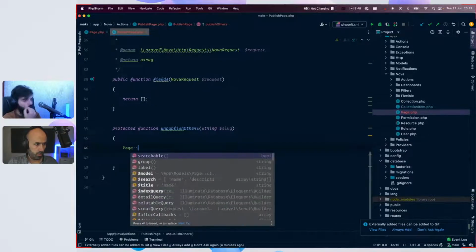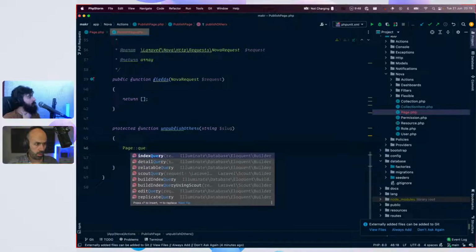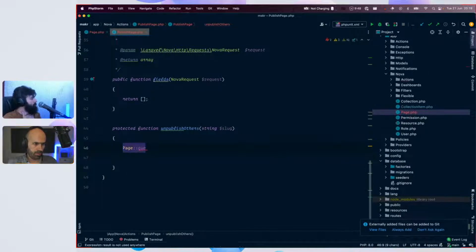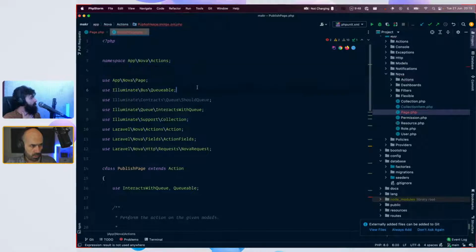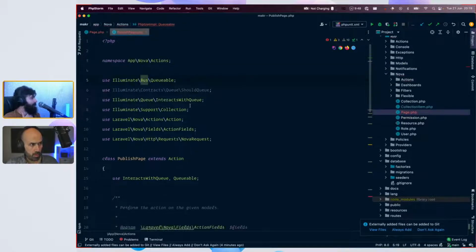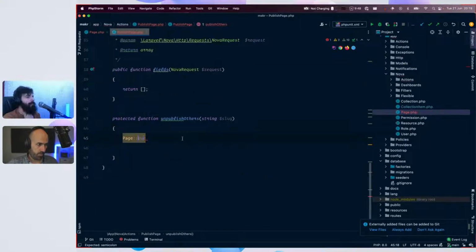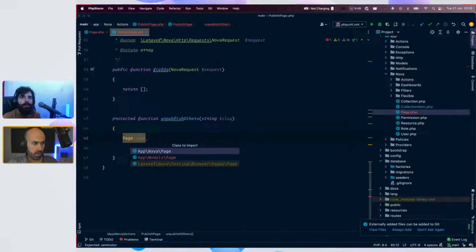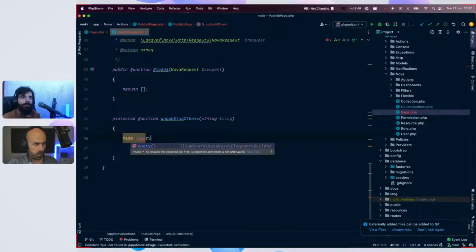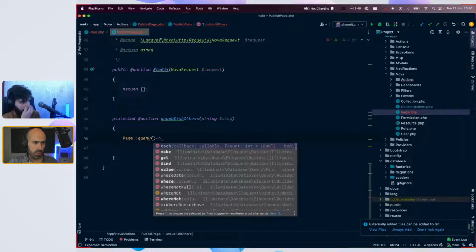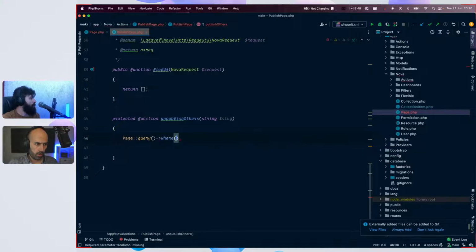Page, query. I think I got the resource and not the model. Yeah, you got the Nova. Let me get the model, query, and you want to update? Yes. First where and then update.